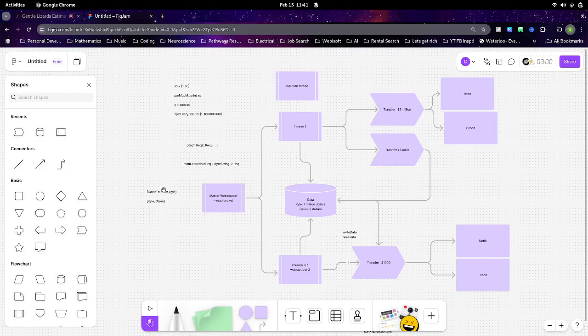This will literally happen if you send enough money through a bank. They're going to say, whoa, what's going on here? We're going to do some deeper processing.